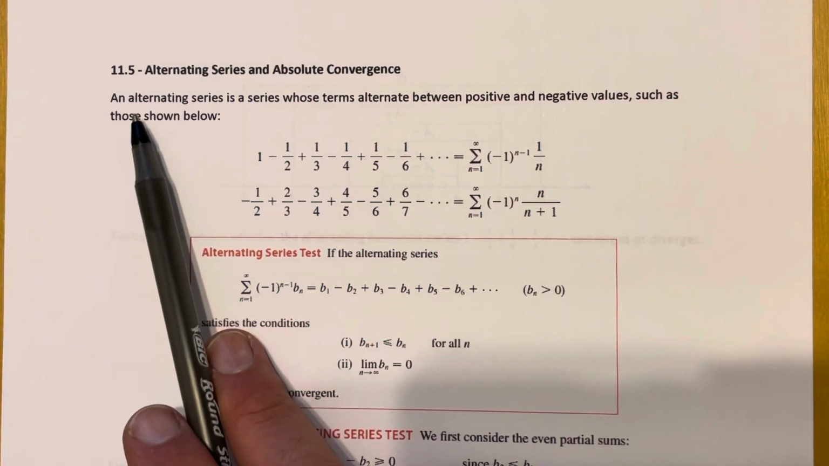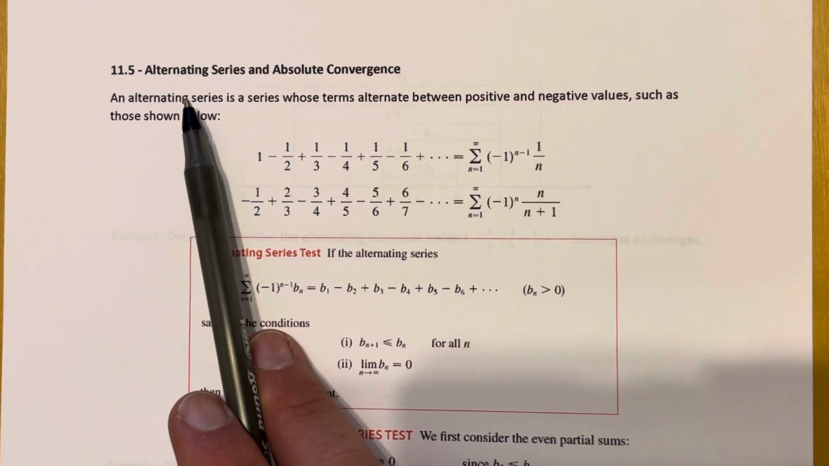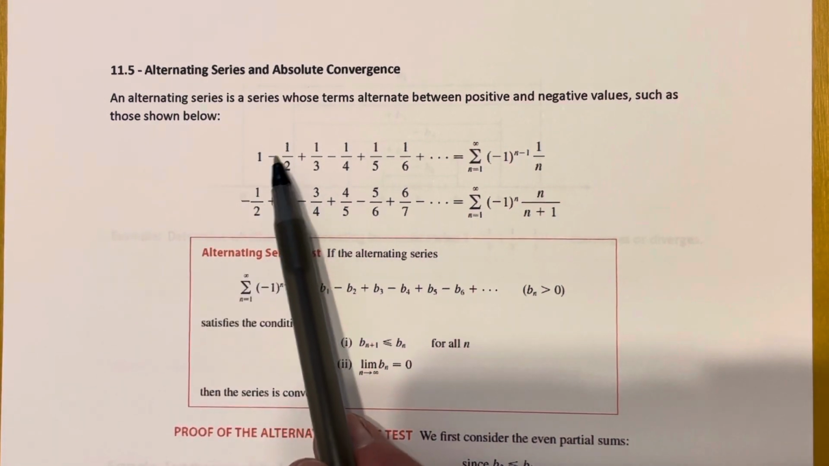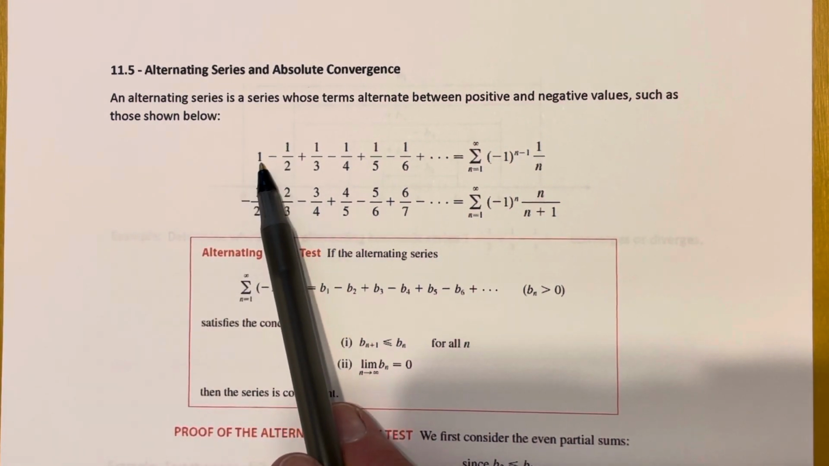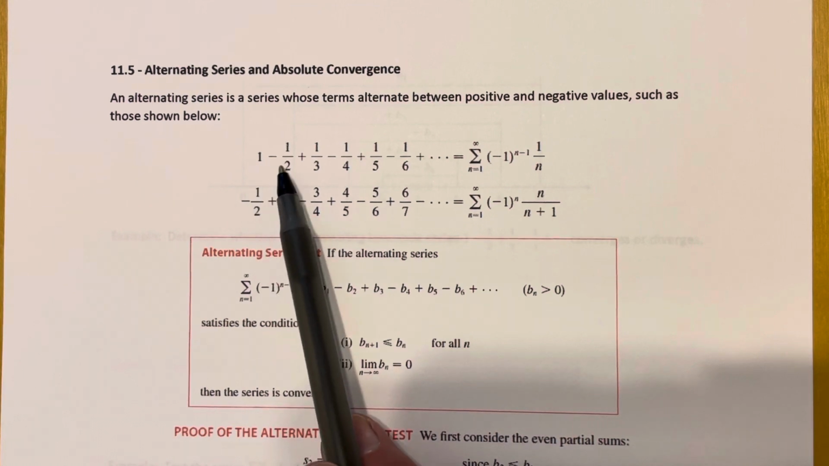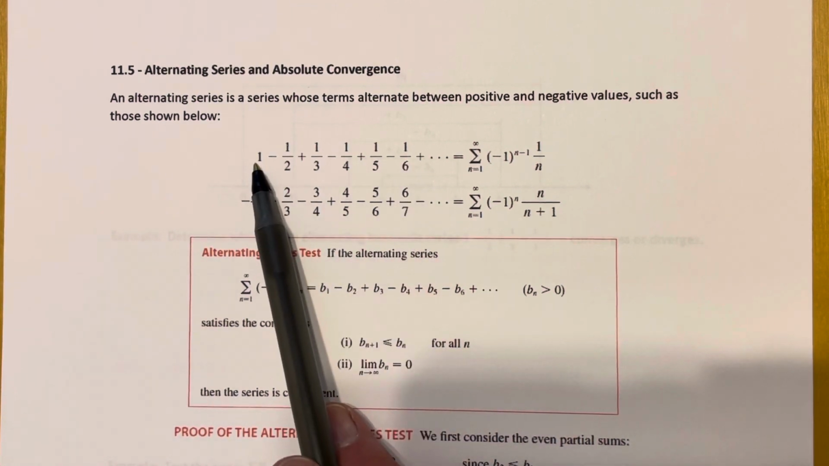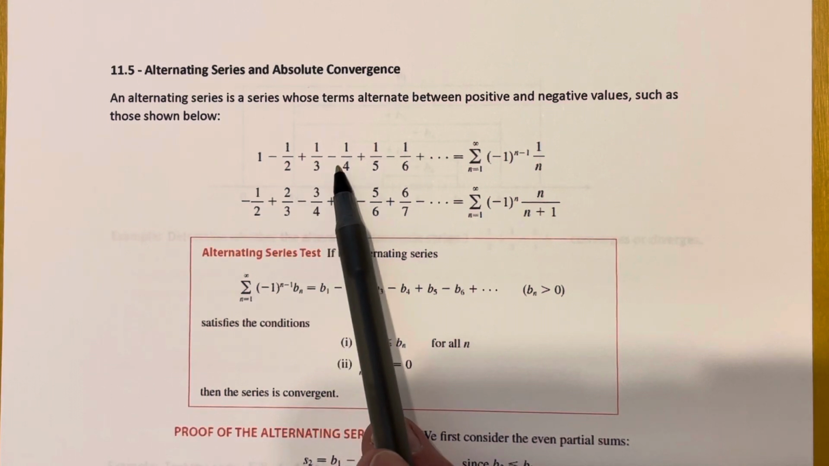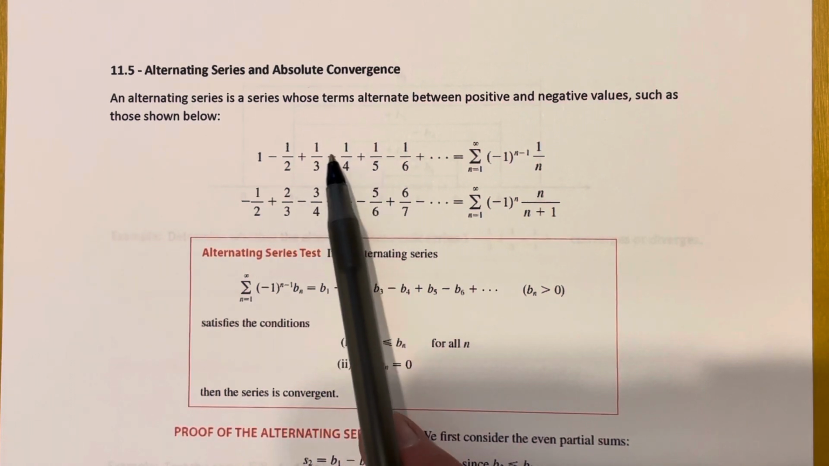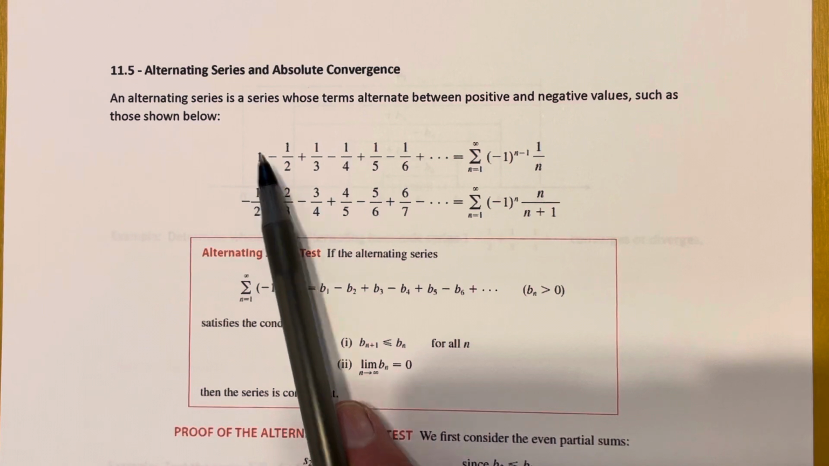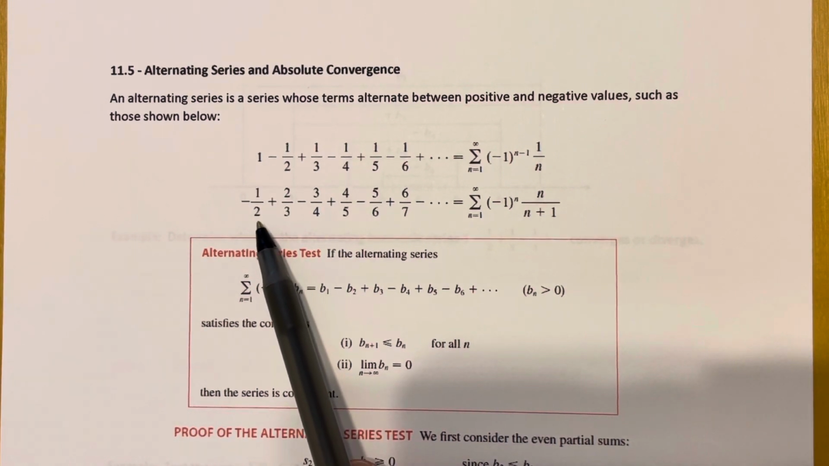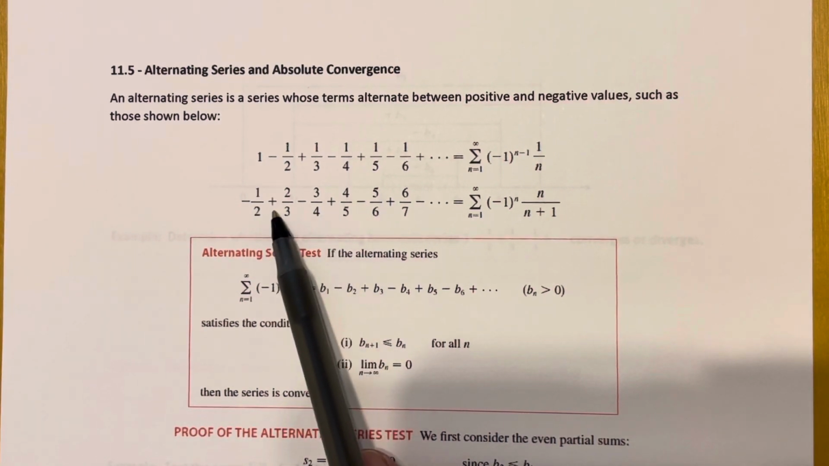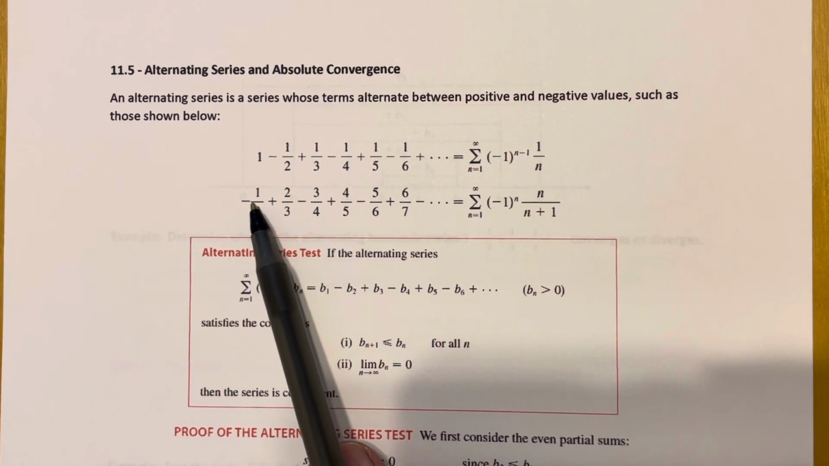We have these things called alternating series, which are series in which each term will alternate between being positive and negative. So if you notice this series right here, we start with a positive 1, then a negative 1/2, then a positive 1/3, and then a negative 1/4, and so on. They don't have to start with the positive term. They can start with the negative term, but they just need to alternate term for term between positive and